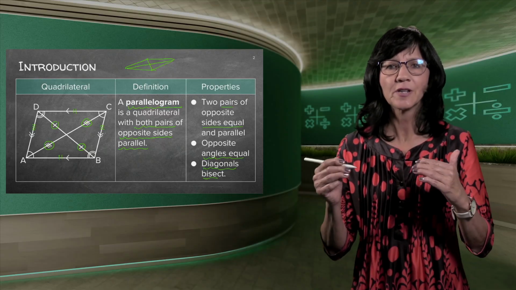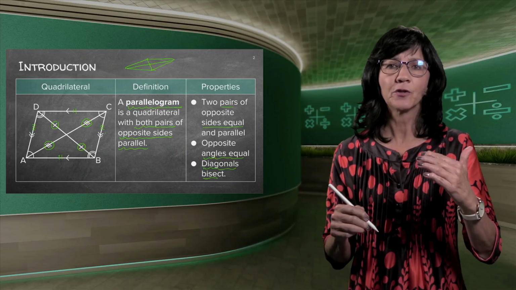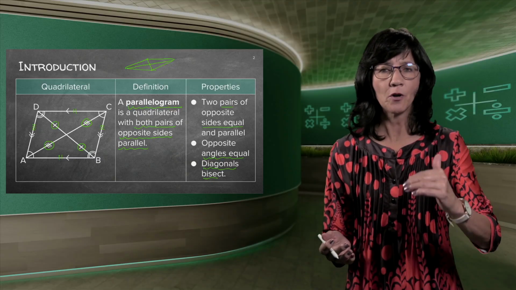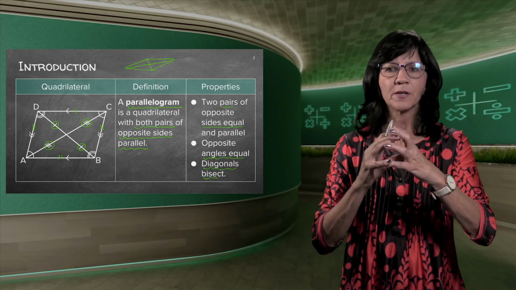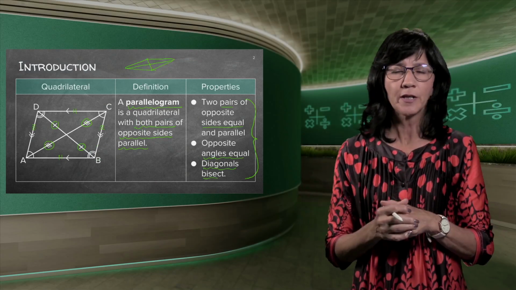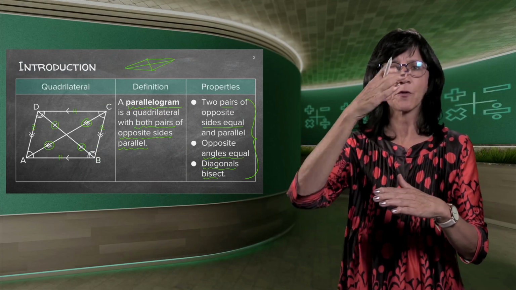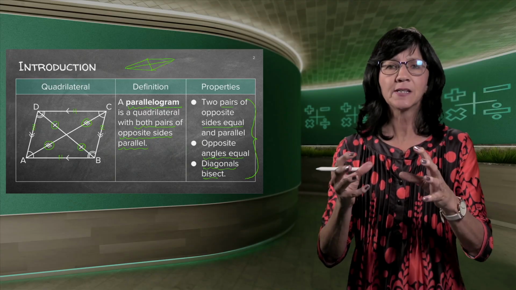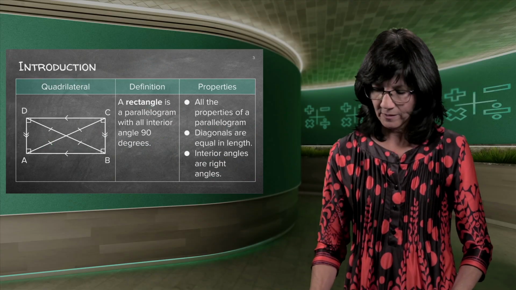So you need to read through this carefully, slowly. Make sure that you understand that the parallelogram is the base of all the other quadrilaterals. So you'll see as we go along, if you know the parallelogram properties, in other words, all of these properties, if you know all of them and you can immediately say opposite sides are equal, opposite angles are equal, that's very easy to remember. There are only sides and angles. Opposite sides are equal, opposite angles are equal. The diagonals, if I draw them, it's from corner to corner, they cut one another in half. So that's very easy to remember. Now that is the basis of all your next figures.